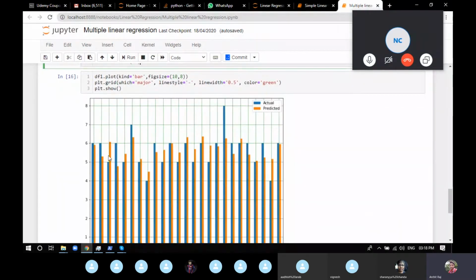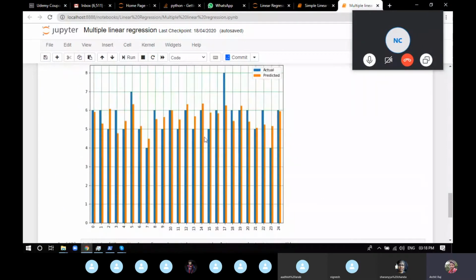It's not really good, but it's kind of guessing the answers. For x equal to 0, the predicted and actual are really close. For x equal to 1, they're not very close, but it's fine. For x equal to 2, it's one whole unit of distance. For x equal to 17, there's a huge distance. For x equal to 16, the answer is almost similar.